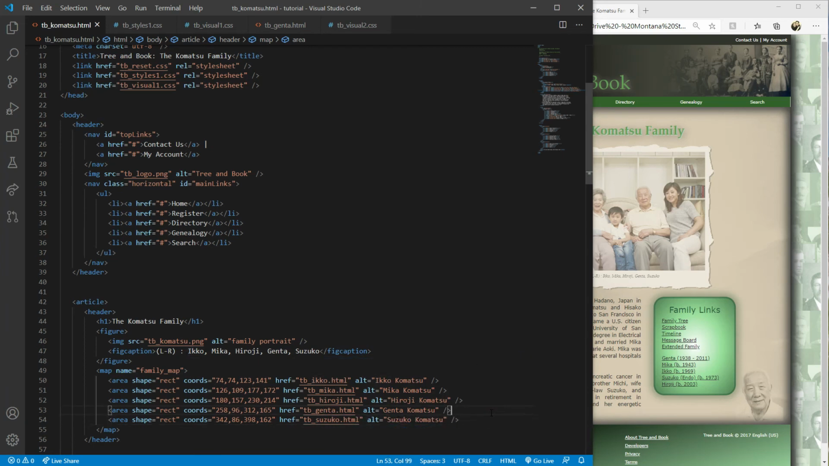Okay, so now we have created our family map with all of our coordinates of rectangles surrounding each of the family names, and then of course having an href that is going to link to that location. Once we have created our image map, we can then apply the image map to the individual pages. So on the image itself,